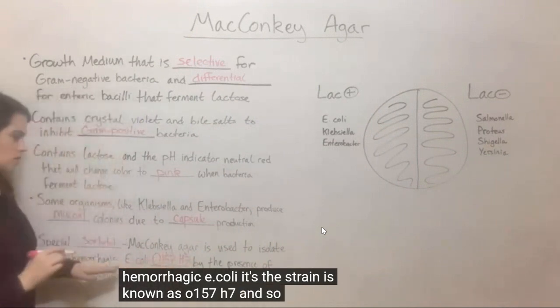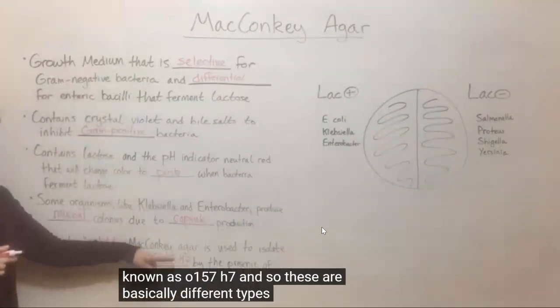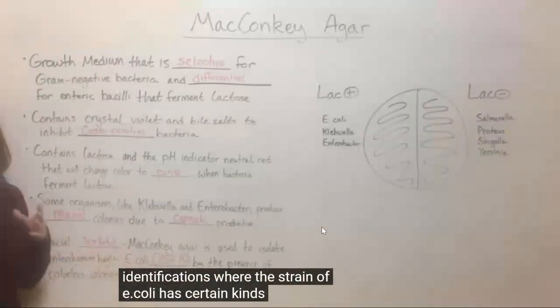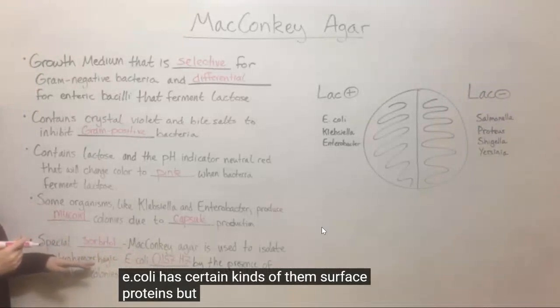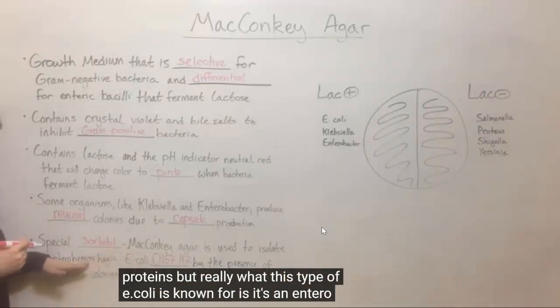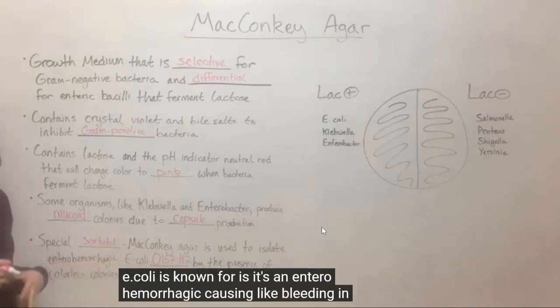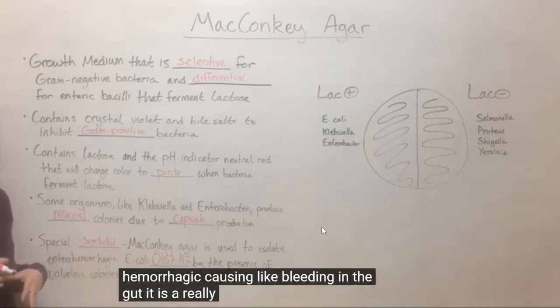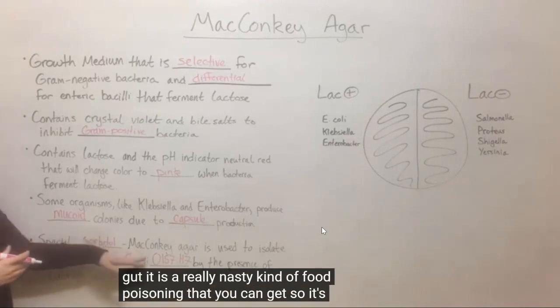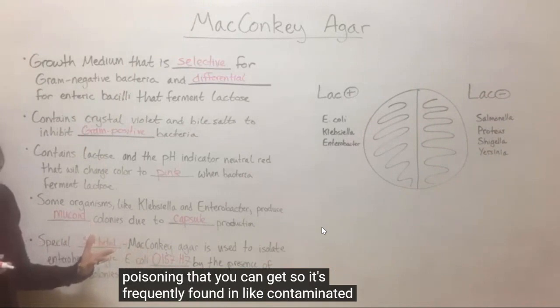O157:H7. These are basically different types of serologic identifications where the strain of E. coli has certain kinds of surface proteins. But really what this type of E. coli is known for is that it's enterohemorrhagic, causing bleeding in the gut. It is a really nasty kind of food poisoning that you can get. So it's frequently found in contaminated